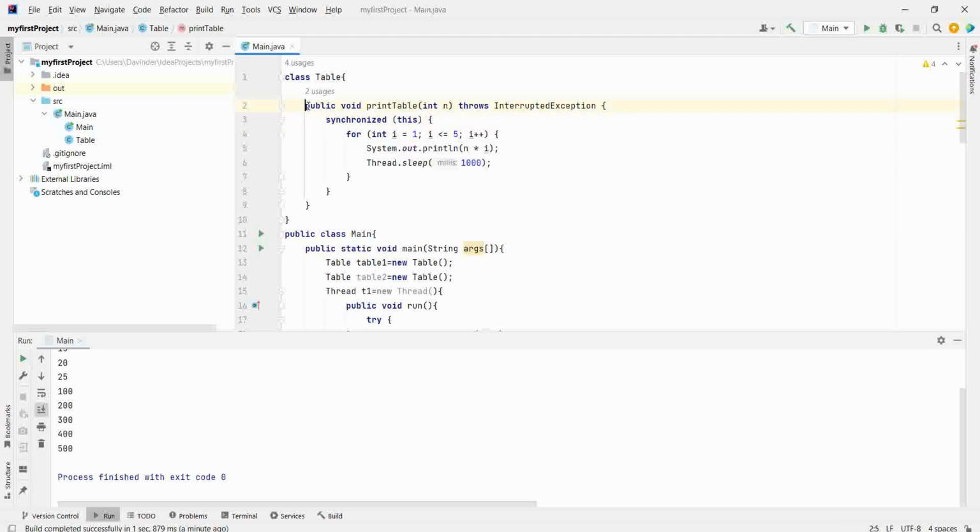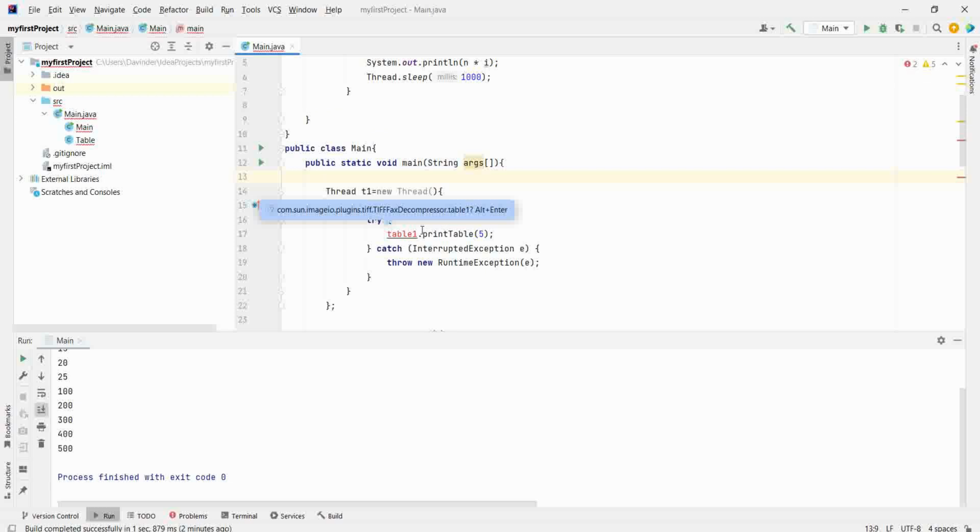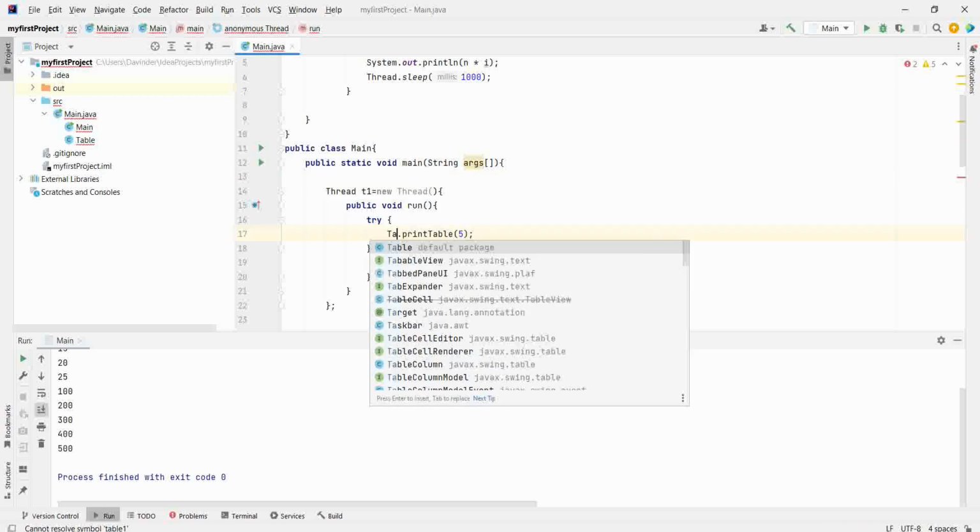To make the method static synchronized. Now we have made the method static. Now whenever any object calls the printTable, then we have the lock on the static level, which means on the table level, not on the object level. Now we don't need a Table object to call the printTable, we'll call it by class name.